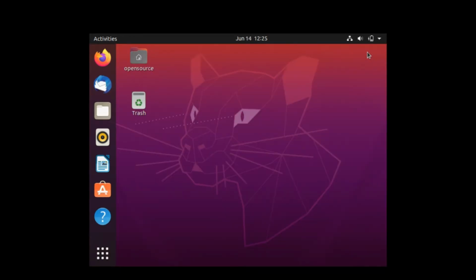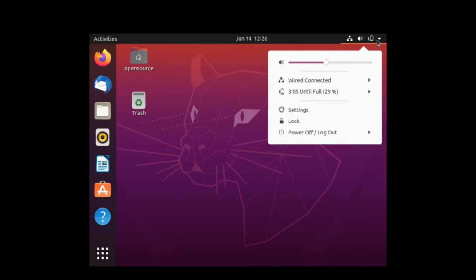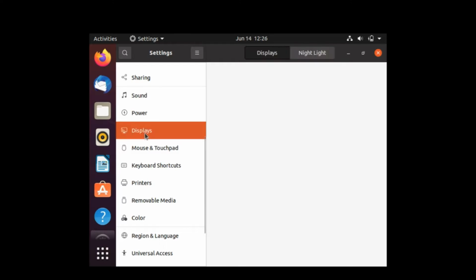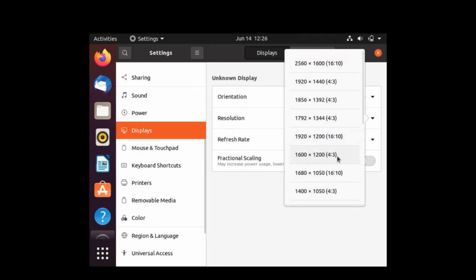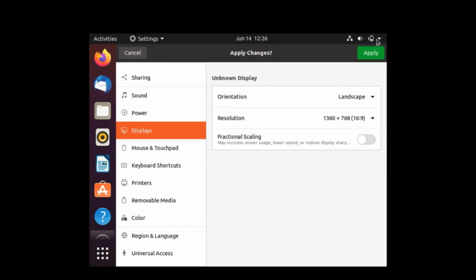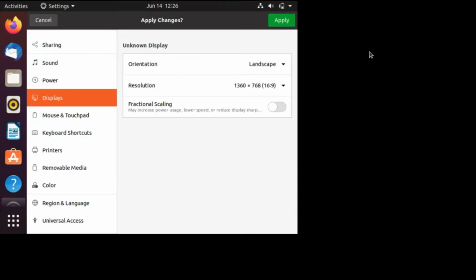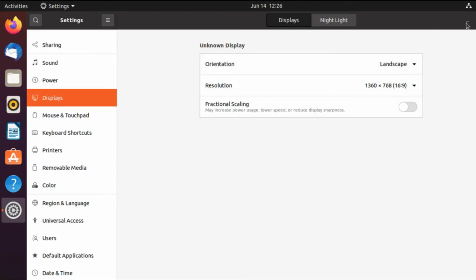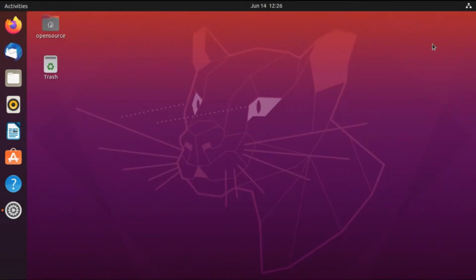The first thing which we should do before moving forward is adjusting this display. And the reason is, even if you maximize the window, the size of this display will be the same. So to adjust it or to make it normal, go here, click on settings and go to display, and from here change the resolution to 16:9 and hit apply and then hit keep changes. So cool, this is our Ubuntu or Linux and we are good to go.